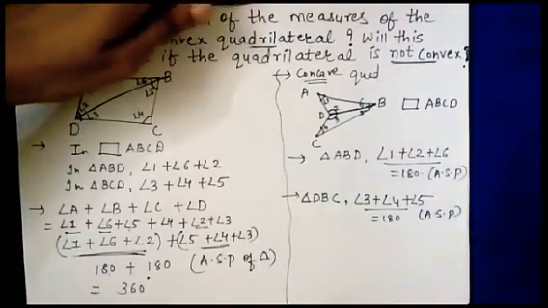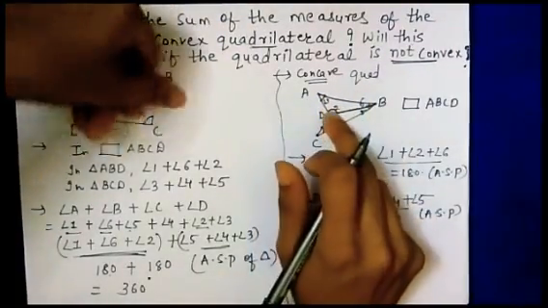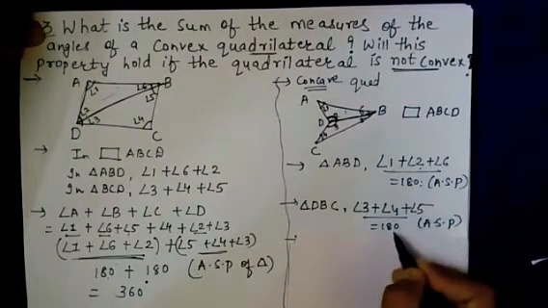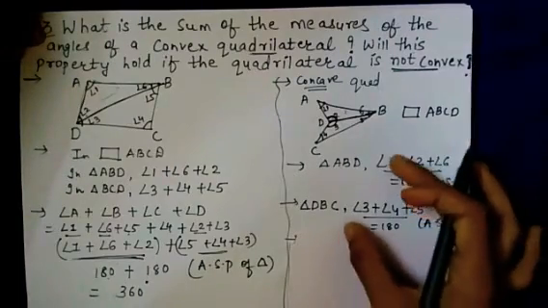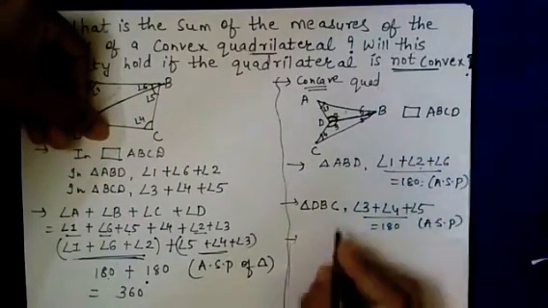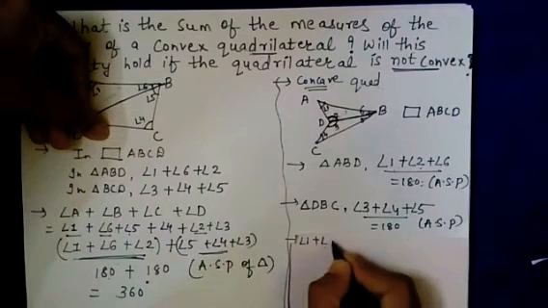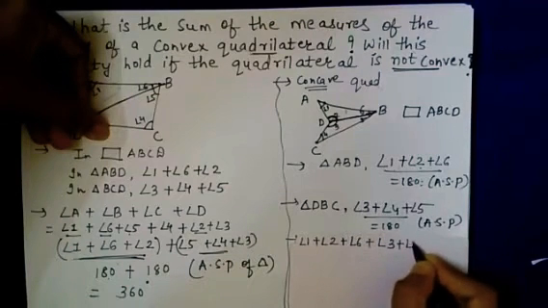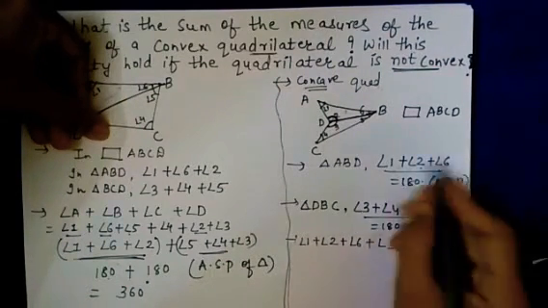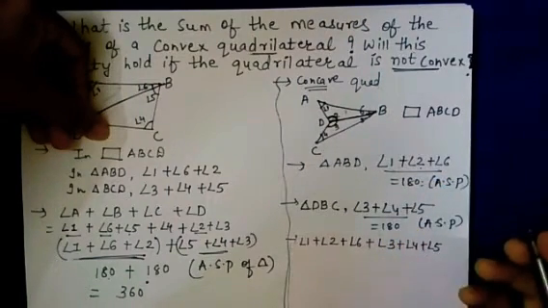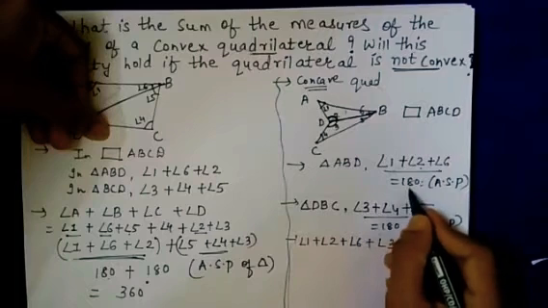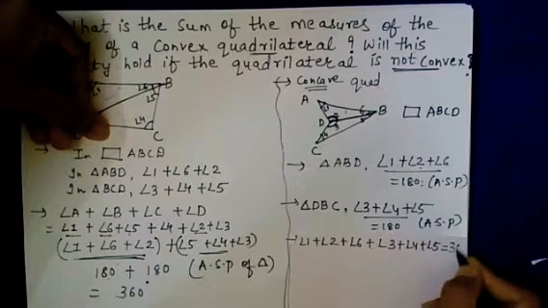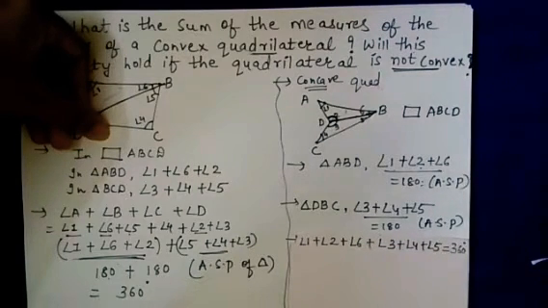Now for finding the total of these angles 1, 2 and 3, 4, we add both. This will be our LHS part of both and this will be our RHS part. So equating both, we will add up all the angles. We will get angle 1 plus angle 2 plus angle 6 plus angle 3 plus angle 4 plus angle 5. So we have added this part and this part. Also we will add the RHS part, the right hand side. So it will be 180 plus 180, which will be 360 degrees.